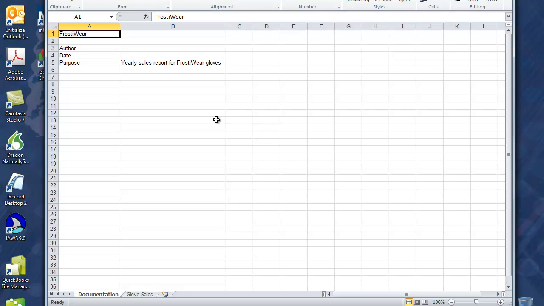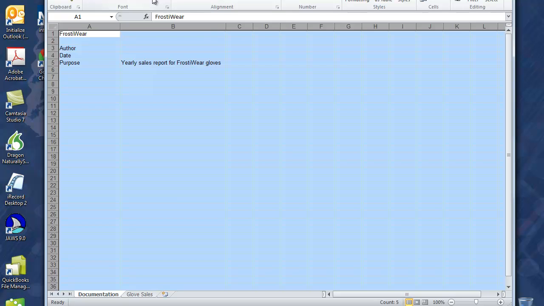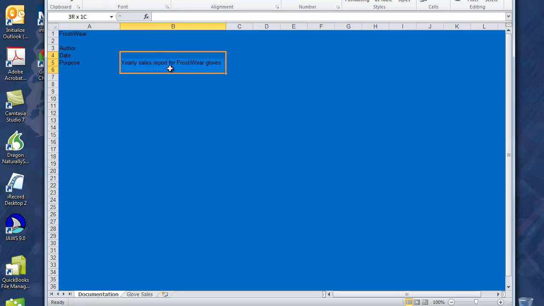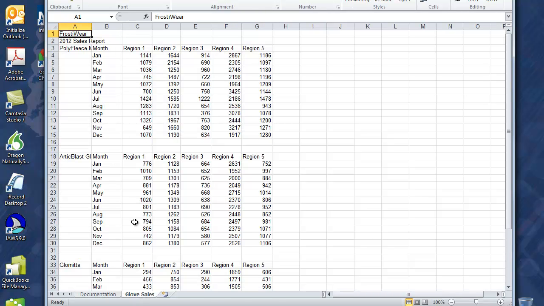Starting in step 2, it wants you to set the background color for the worksheet. And you can do that by clicking here and then choosing the background color from the fill button. Okay, and then it has you change some of them to white and some text color. Most everybody knows how to do that, so we'll move right on to